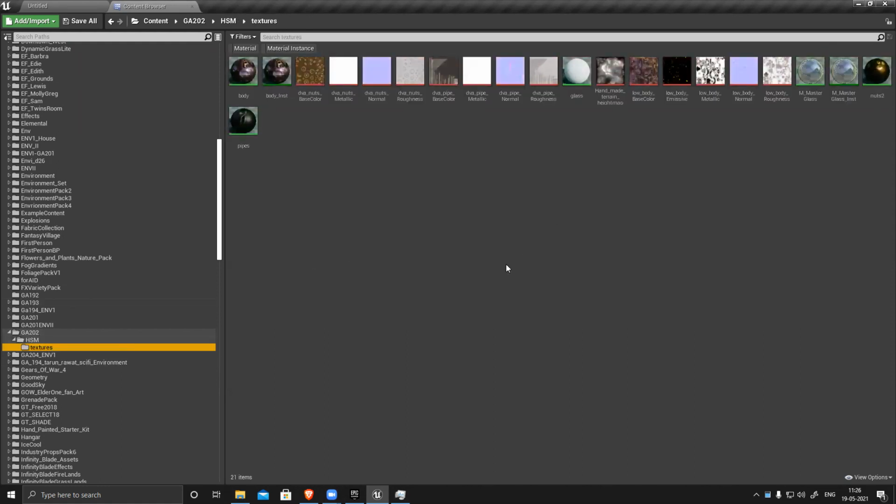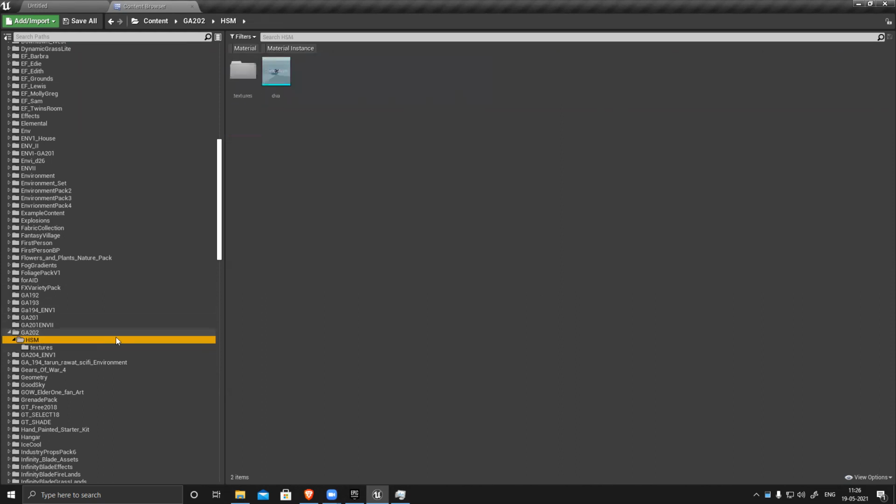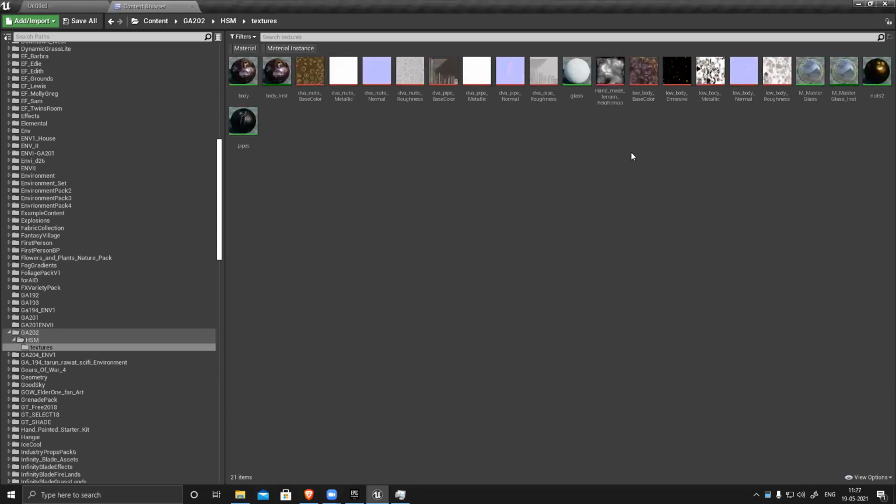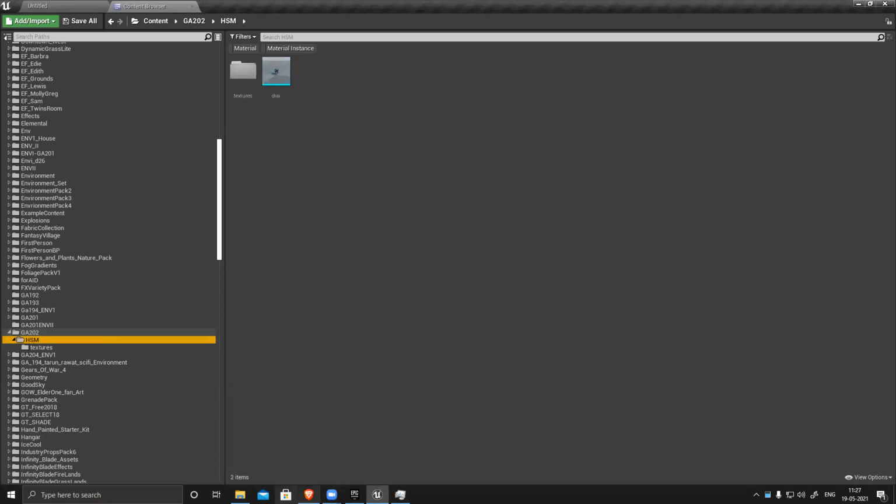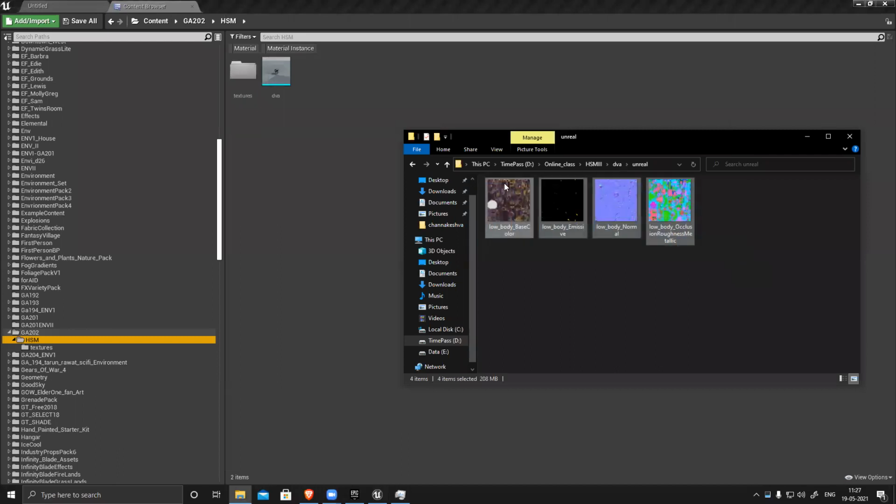So yeah, now we have this model. Now we have to import those textures here. Drag and drop here.